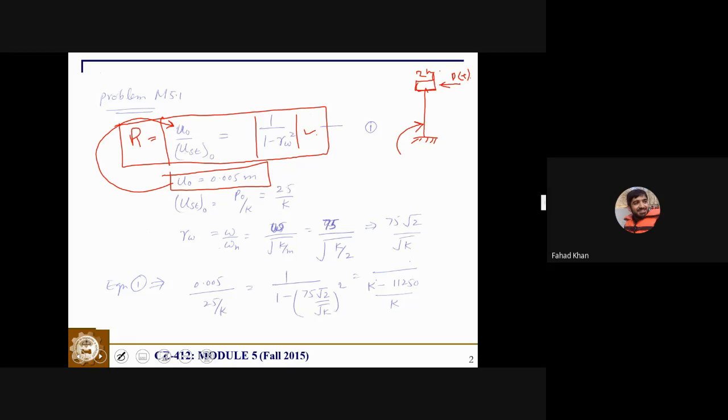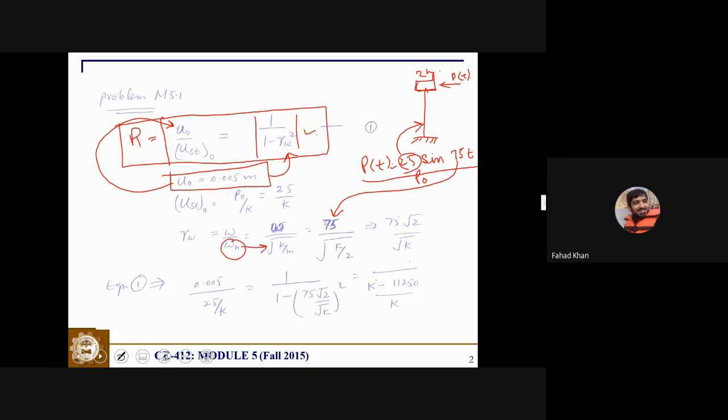So putting the values in the equation above, we will get U static equals P naught by K. P naught is already given as 25, so 25 divided by K. If you remember, P of t was equal to 25 sine of 75t. So this is our P naught, and 25 divided by K is U static. R omega is omega by omega n. Now omega is 75, given in the forcing function, and omega n needs to be determined,